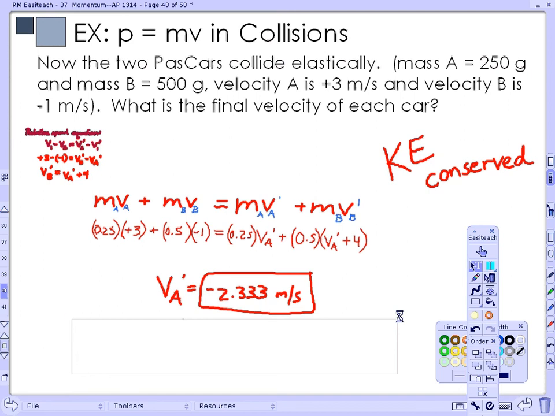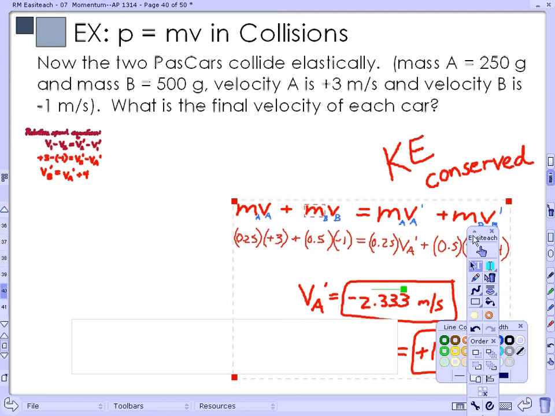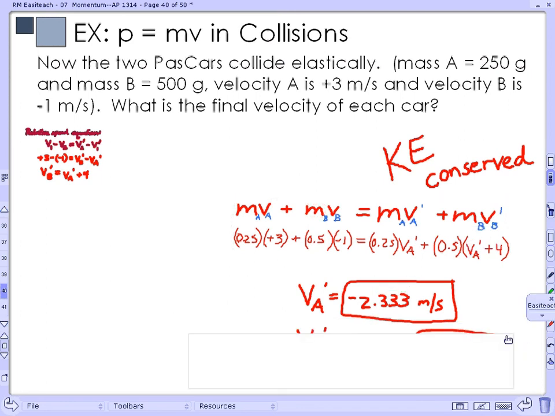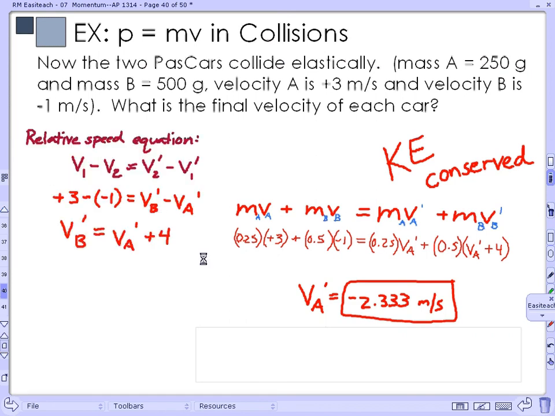And I have a very convenient way of getting VB prime. What is my convenient way of getting VB prime? Add 4 to the end. Just add 4, and what she's referring to is the fact that we already have an expression set up for VB prime right here, just VA prime plus 4. So just plug back into that, and you get